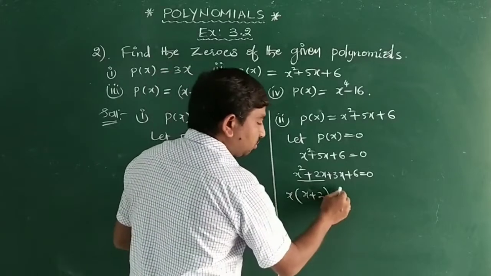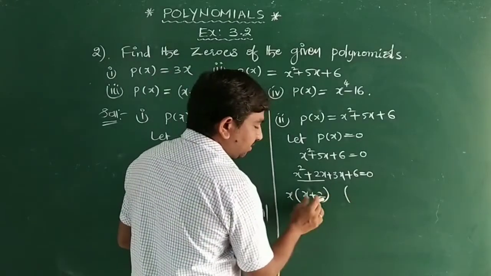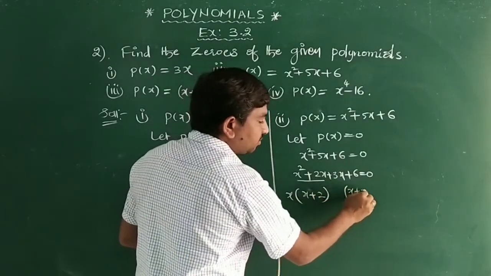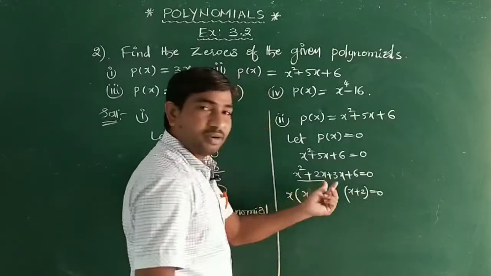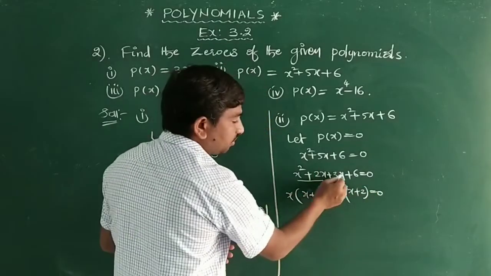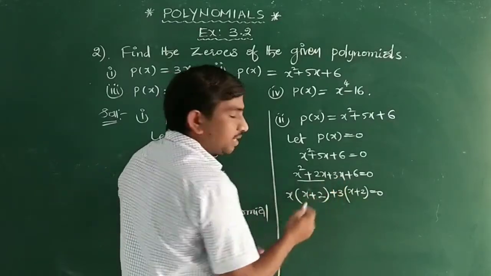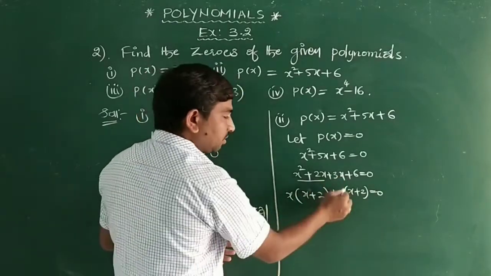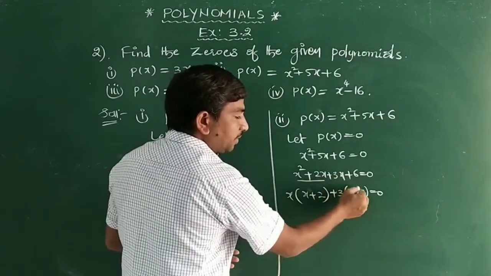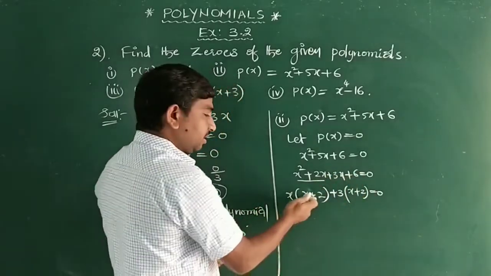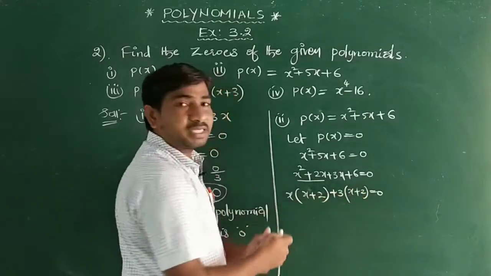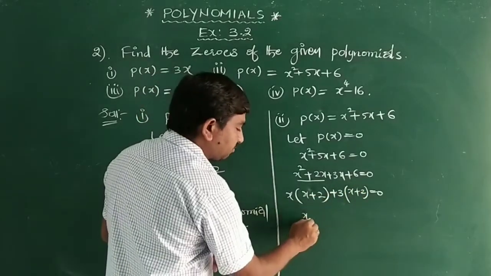Only 2. And to get the same, factor in that another one from the remaining part. So then what we need to do is take the common. So x we have to left, meaning what is remaining? Plus 3. Plus 3 we have to take the common. So plus 3 into x is 3x, plus 3 into 2 is 6 again we are getting. Now if you observe this, x plus 2 is the common factor.